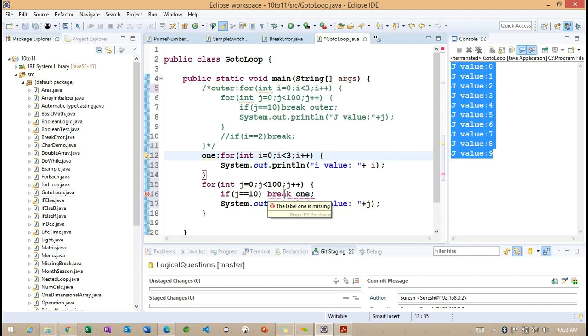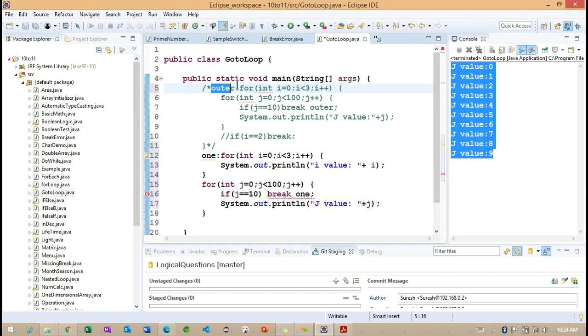Here we provided the label 1, and we provided the outer goto statement also. We are trying to use the break here, but we are getting an error.